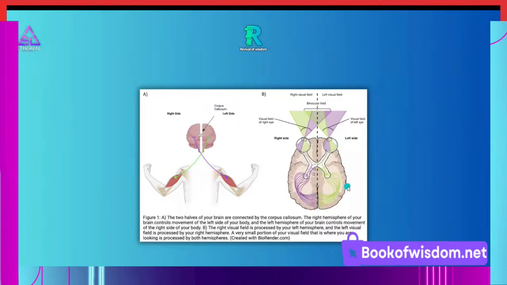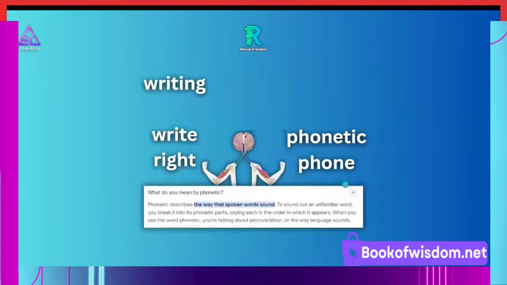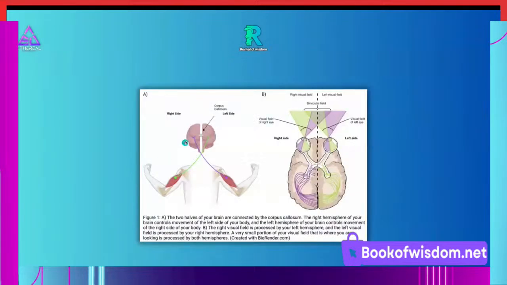Why are they doing this? Well, they also called it writing. Writing is a spell, to cast a spell on you to use that right side of the body so that you use this left hemisphere, because they want you to see the world as a divided perception. They don't want you using the right hemisphere, using that left side of the body to activate the right hemisphere to see the bigger picture and see how everything is all one and everything is created.